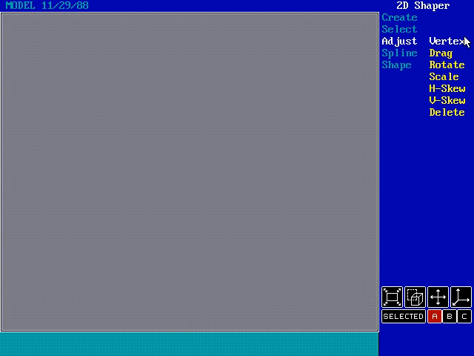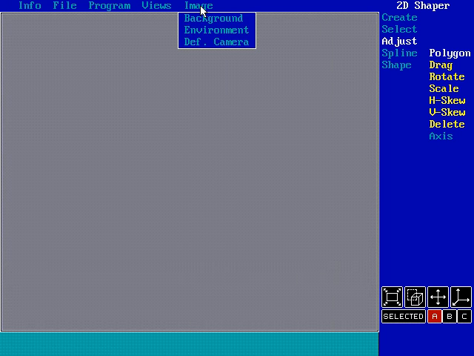You notice as I click on vertex, it gave the options that are available for it. If I right click, it would go back to the adjust options. You can go to polygon and I give those. In this particular case, it would leave the selection where it was and drop the options, the control, the commands basically below it. We also had a version in here